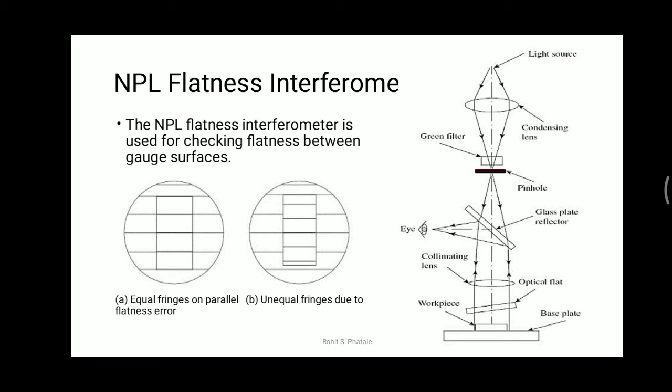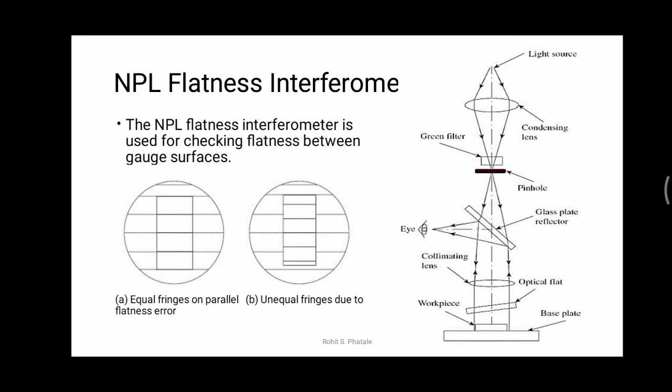Okay, and suppose if some error is there, let's consider the fringe pattern. Let us understand what this fringe pattern tells us. The fringe pattern from both the gauge face and the base plate will consist of parallel lines. These are the parallel lines over here, and the vertical rectangle is nothing but our slip gauge. These parallel lines will have equal pitch, the pitch being the distance between two parallel lines, and that distance will remain equal.